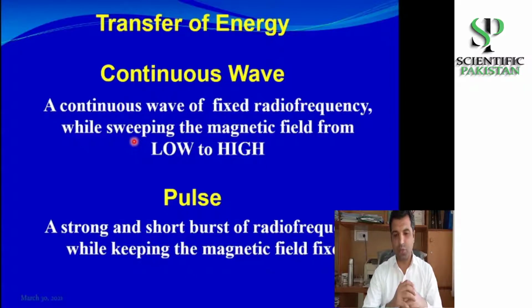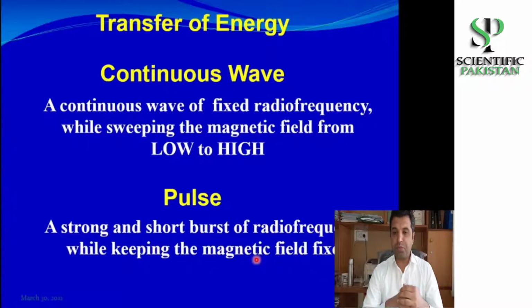And that is why it's a slow process. But in the modern pulsed Fourier transform NMR instruments, we provide a strong but short burst of radio frequency, keeping the magnetic field fixed. So in the modern instruments, usually a superconducting magnet is used. In the previously used instruments, electromagnets were used, but in the pulsed Fourier transform technology, superconducting magnets are used to provide a strong homogeneous magnetic field, and a short burst of radio frequency is transferred to the